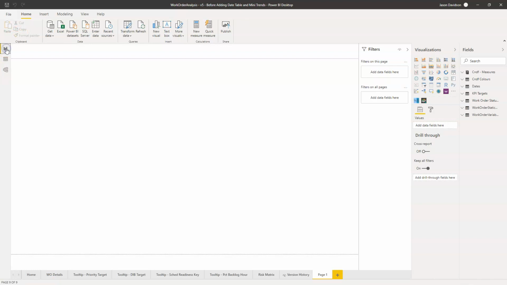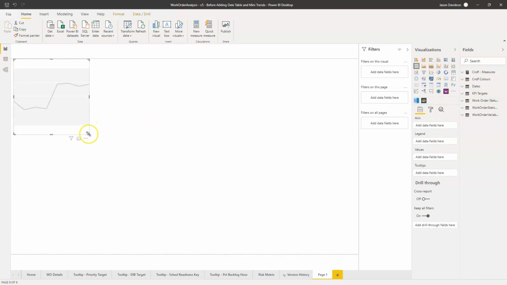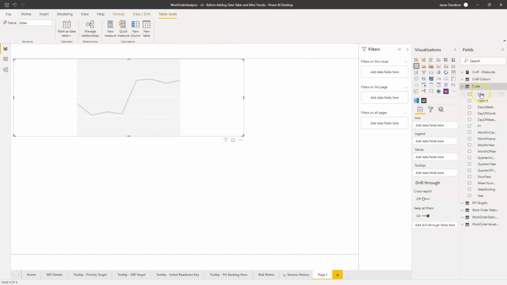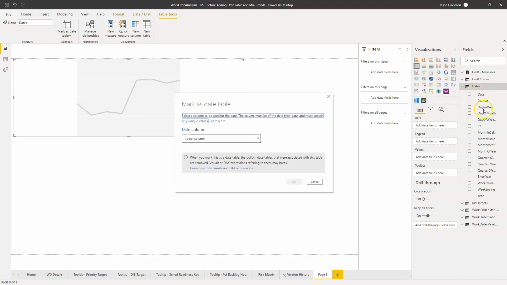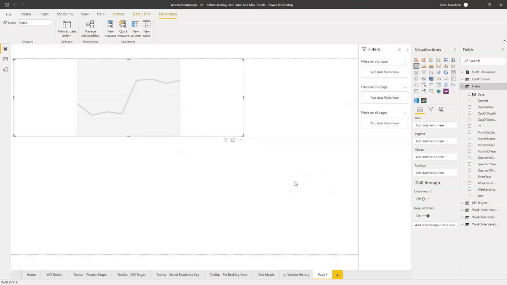So once we've done this, we can go back to our model, and it makes it dead easy just to go and create a trend here. So I'm going to use the dates, and one other thing we need to do here is make sure that this is marked as a dates table, and that's very straightforward. Mark as dates table from when you click on the value here, and that just tells Power BI that this is a continuous range. You've got to tell Power BI which date is going to be the continuous range of dates. It will verify that that is the case,